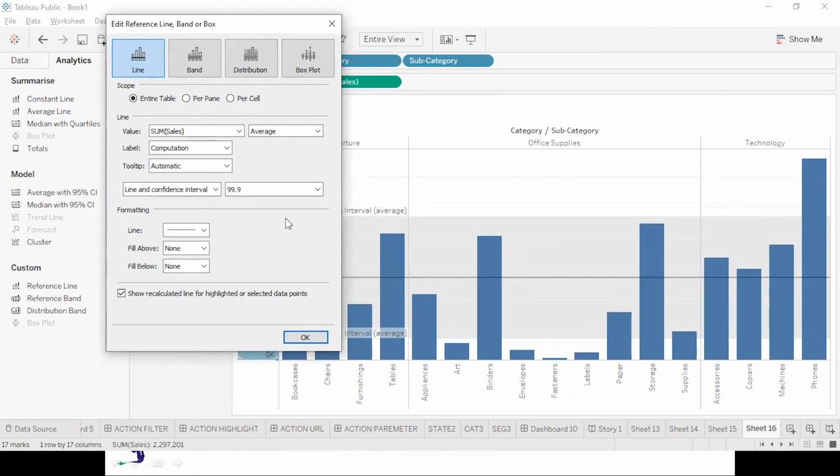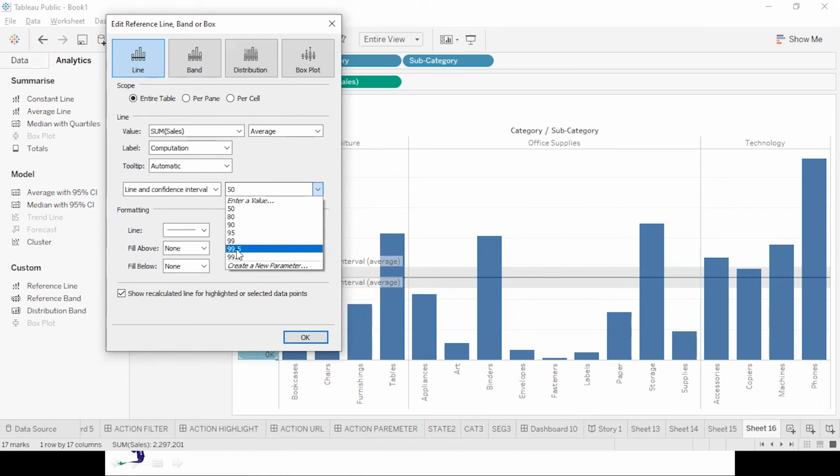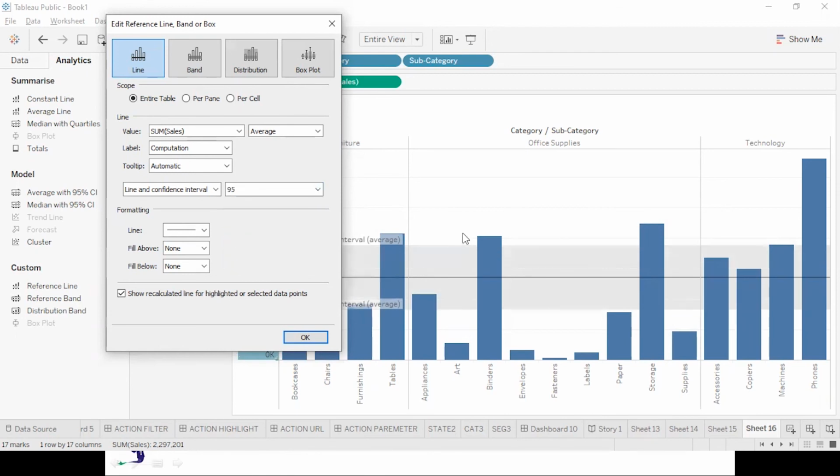And let us take 50%. The range has been reduced. Okay. So that is known as confidence interval. So this is the average with the confidence interval.